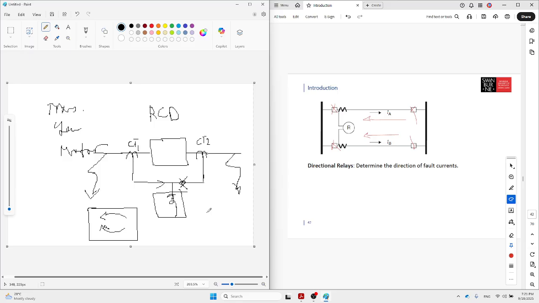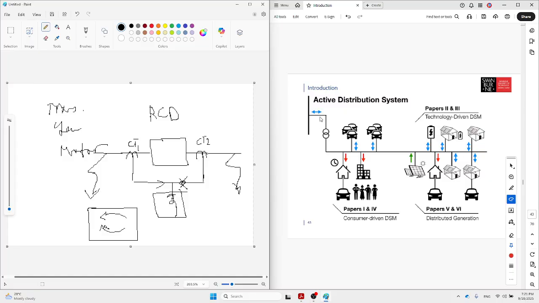Of course, there are other techniques. That one is an old physical type. We have a digital type to detect the direction of current or flow. Right now, our power system has changed to an active distribution system. What's the meaning of active distribution system? This is the main bus bar. This is the main substation near your house. Then this is the transformer, and after that there is electricity for you, whether you are living here